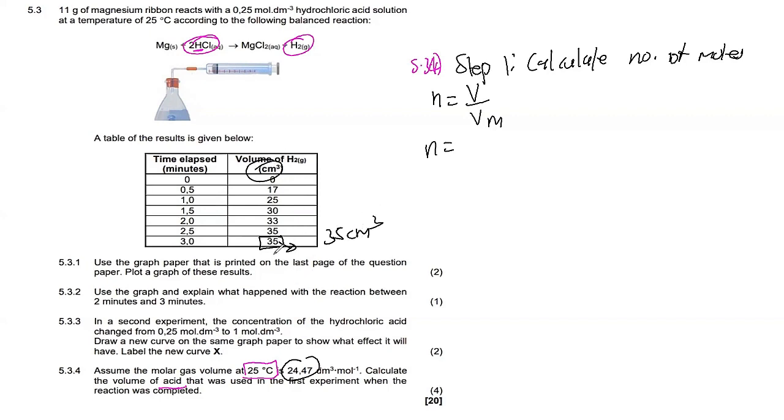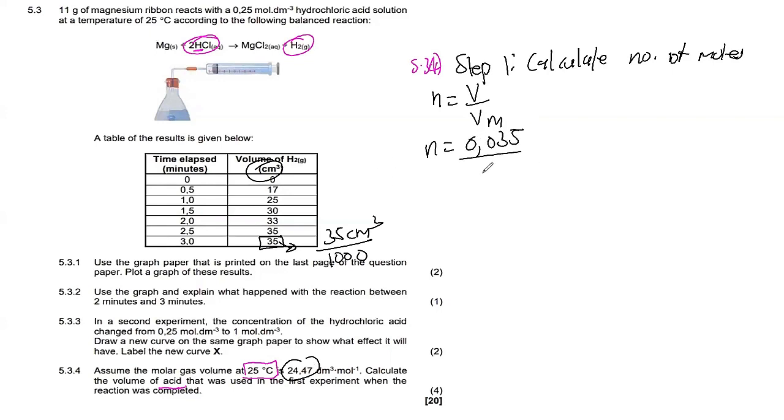Note that it is given in centimeter cube, so pay attention to that. Now, because we are performing this stoichiometric calculation, we have to make sure that we divide this by 1000, so that we put it in terms of our decimeter cube, right? Because also our molar gas volume is given in dm cube, so we want to maintain the same unit there. So we have 35 divided by 1000, which will give us